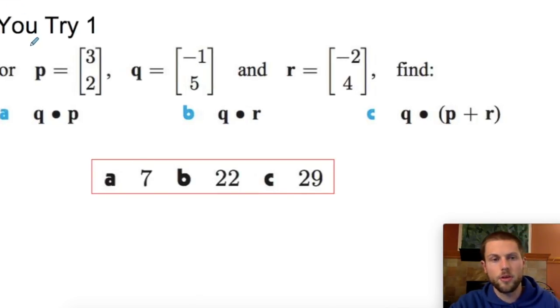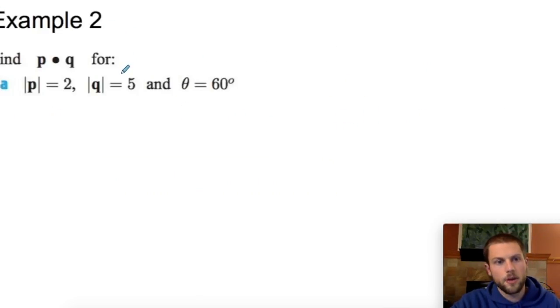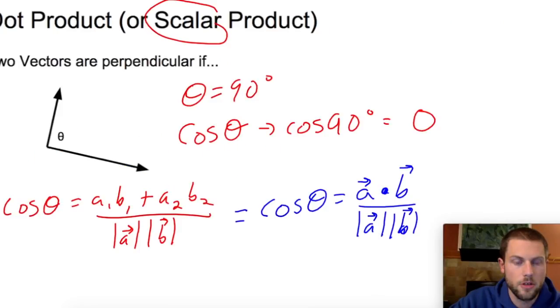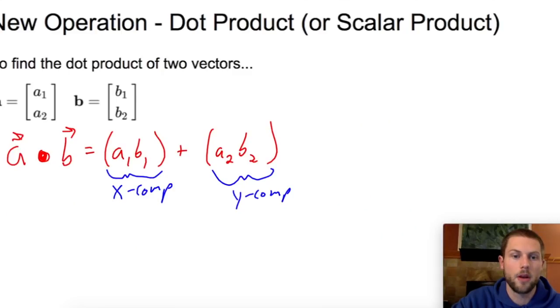All right, and here are my 3 answers for these 3 problems. Let's try another example here. We want to find P dot Q, but this time we're not given the components. We're given 2 magnitudes and an angle. If you remember, if you go back to our slide when we first introduced this equation, I have the dot product over the product of the magnitudes is equal to cosine of theta. I can rearrange this equation to find the dot product